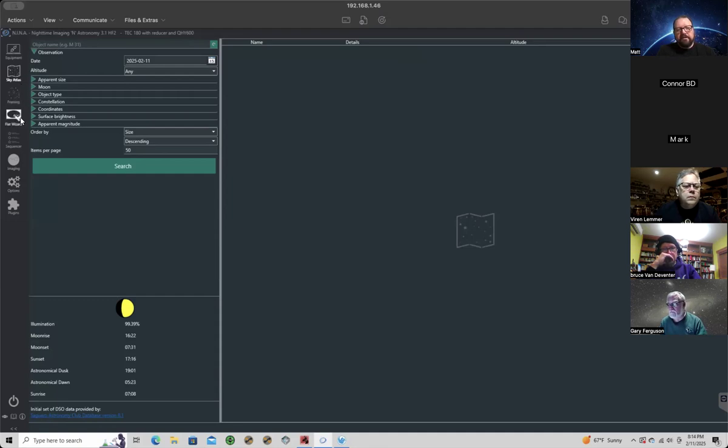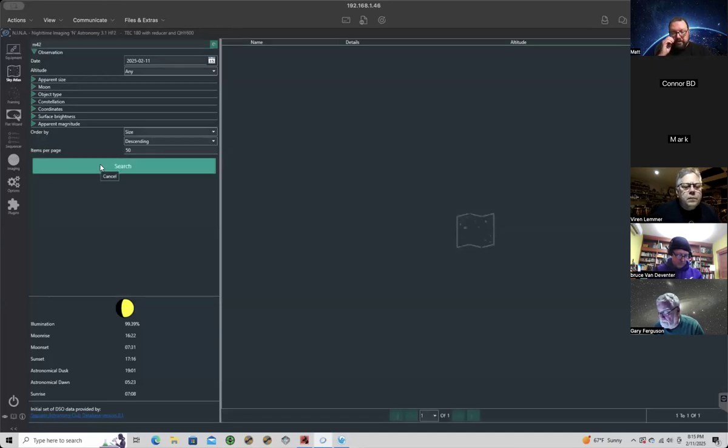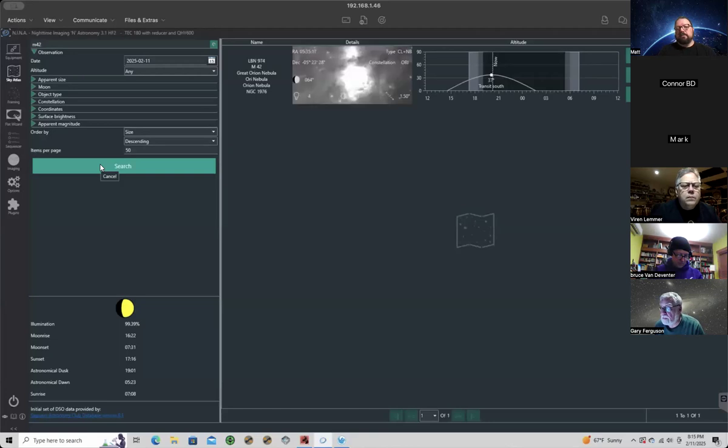So the Sky Atlas part of things will allow you to search for stuff. You can put in dates if you want to plan for future imaging sessions, and if you don't know what you want to take a picture of, you can sort by things like constellation or how bright things are or how big they are and things like that. But just in the spirit of making things kind of simple here,